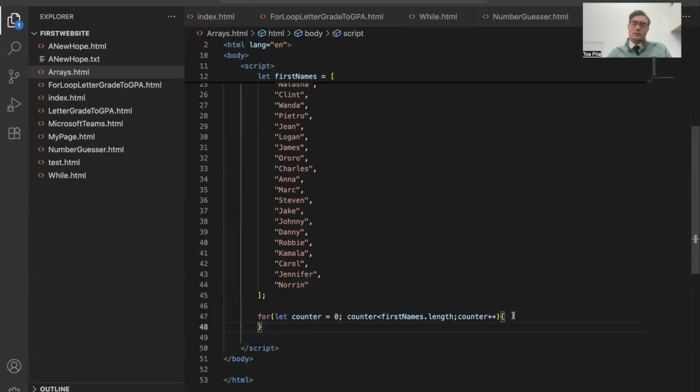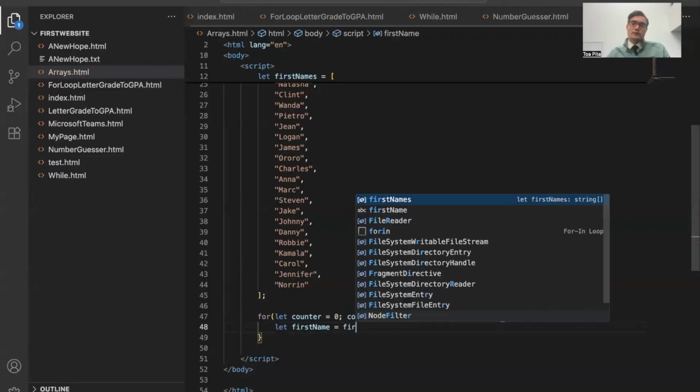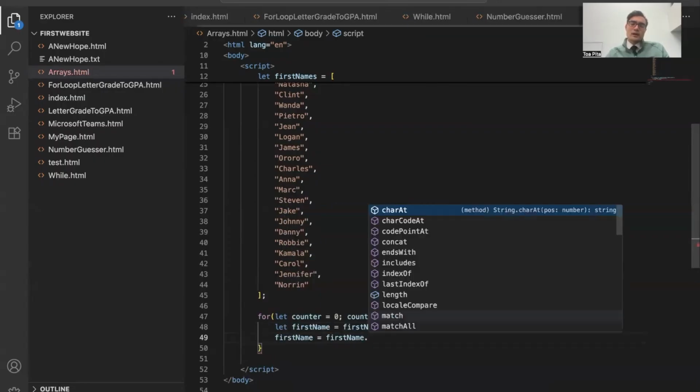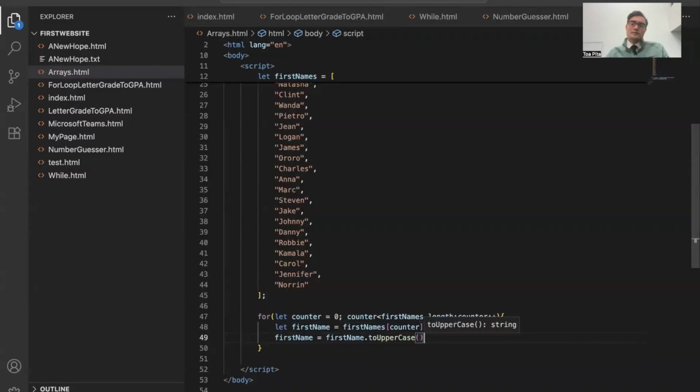So inside of our loop, we want to grab their name. So we'll say let first name equal, and then we'll access the first names array, and we'll access a specific item in the array, and we want to access whichever one we're currently at. And then we want to say first name equals first name dot to uppercase. That'll make their entire name uppercase. So we'll put a comment, say grab the name,